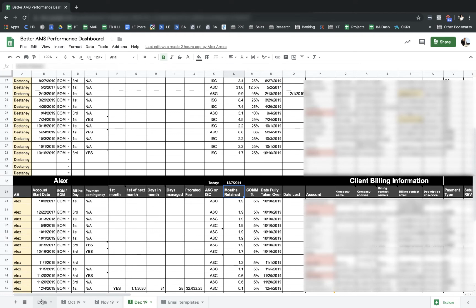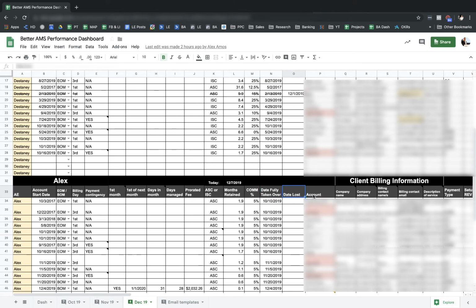So really, this thing is not really a P&L sheet. It's a performance dashboard because it does so much more than just tracking your total cash or your total revenue. It also has the total commission percentage that the account executive is getting on the specific account, the date that they fully took over the account, because sometimes what you have is you have an account that's managed by one account executive that gets passed down to another account executive, and so that's what this cell here is for: